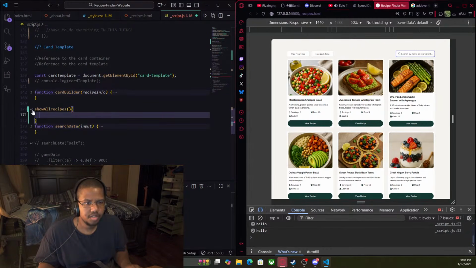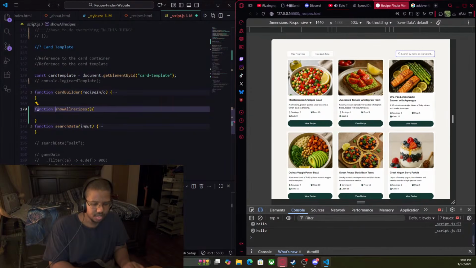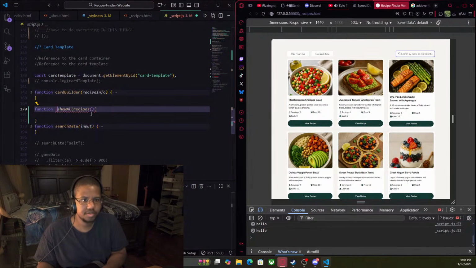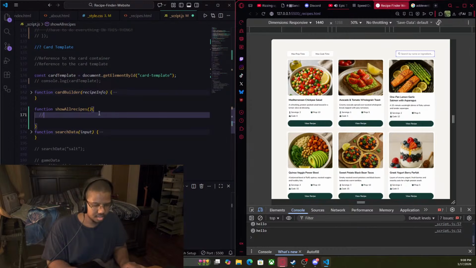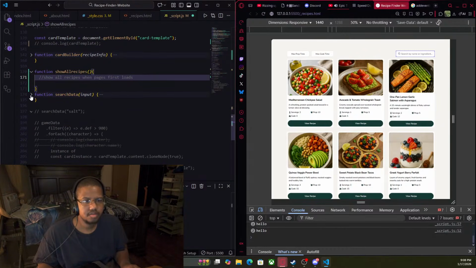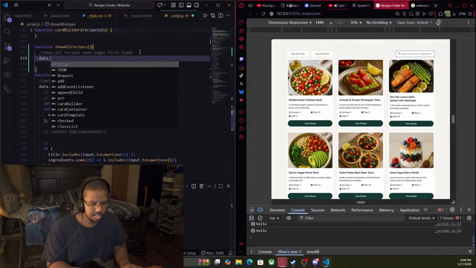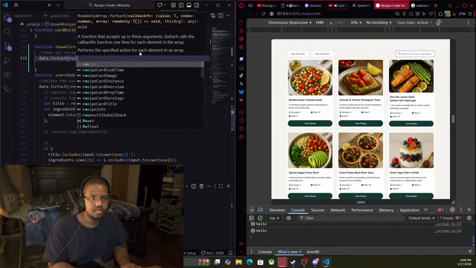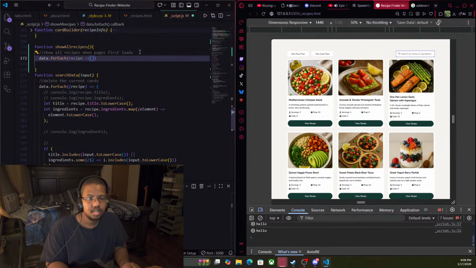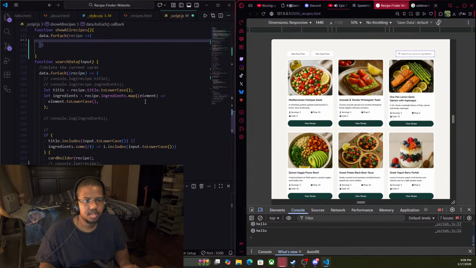And show all recipes function, it's just that, oh, what am I doing? So how did I do it? Data dot forEach recipe. We're gonna